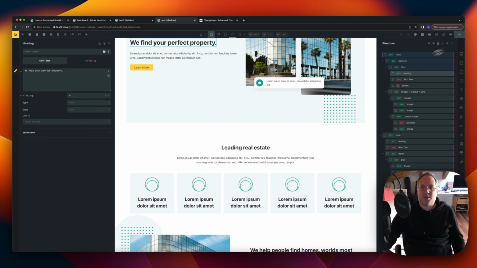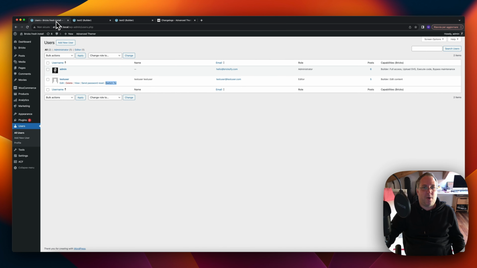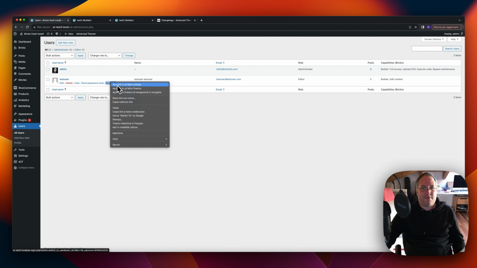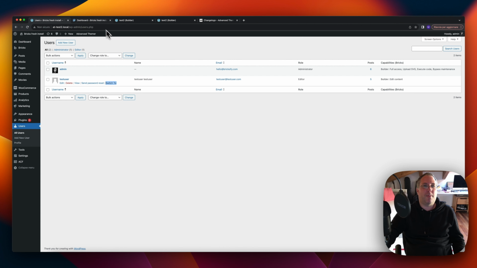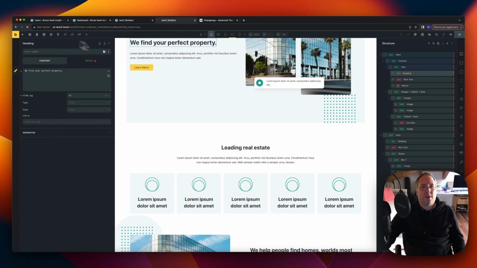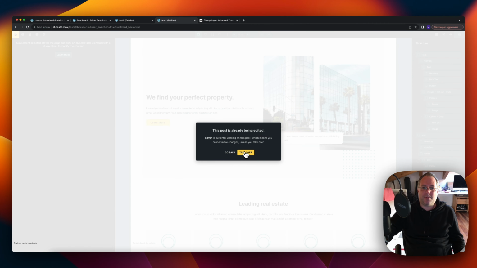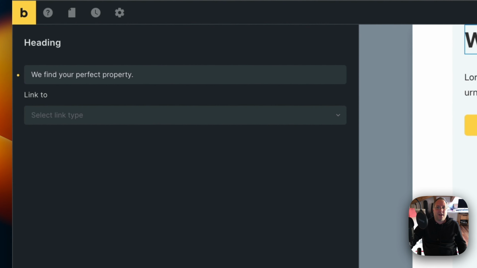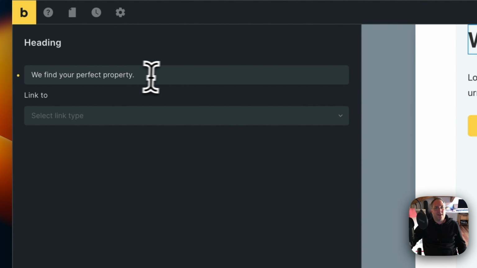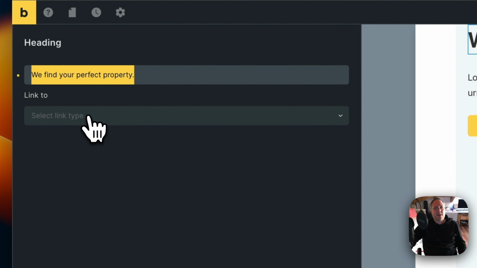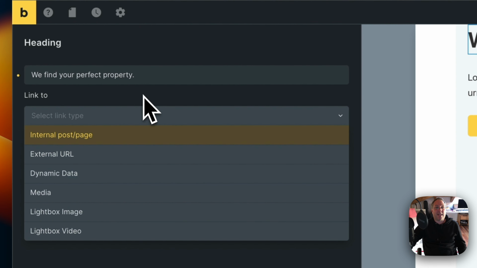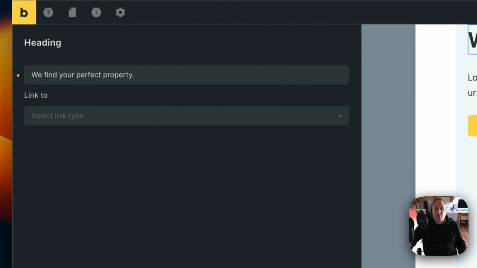Okay, let's save the page anyway. And now let's reopen the page for the editor. So let's go back to the editor view. Let's refresh our builder. And let's see how it changed. Take over. Let's click on heading. And you see now only the content and the link is editable for your editors, for your clients, which is